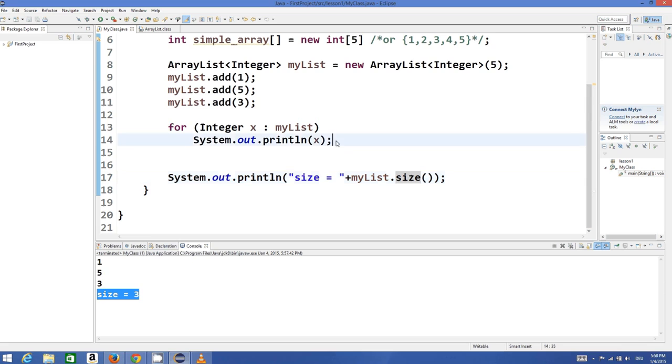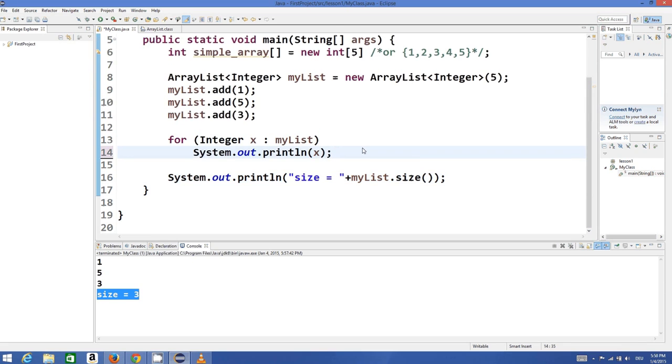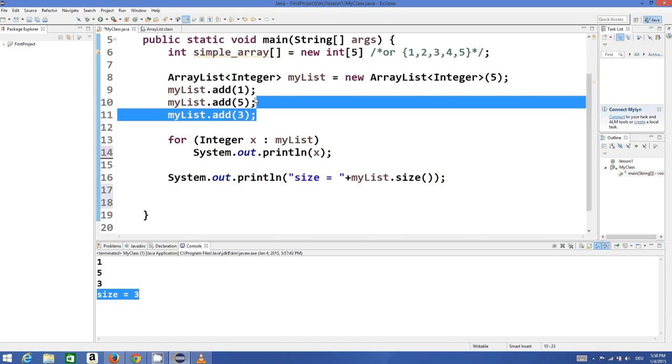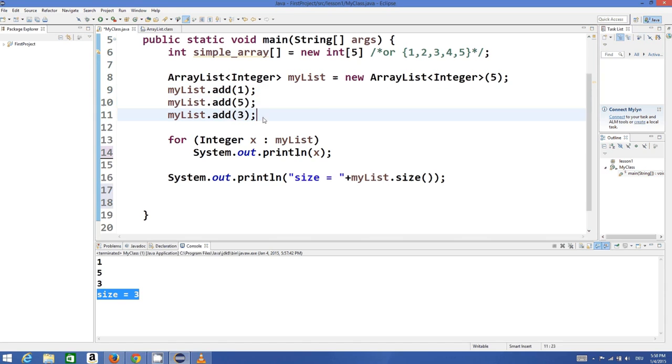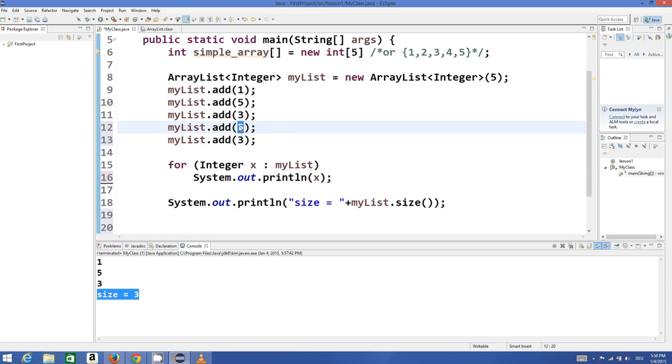Now using this array list, you can even remove the values. For example, I have once again 5 values. I will add 2 more values to the array, and these are some more values. And for example, I want to remove this